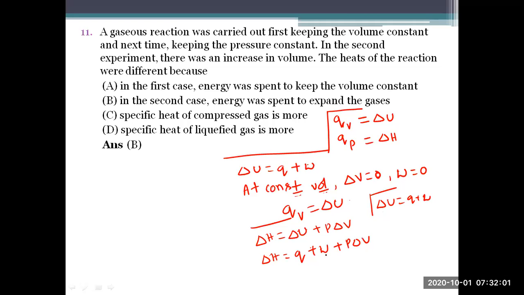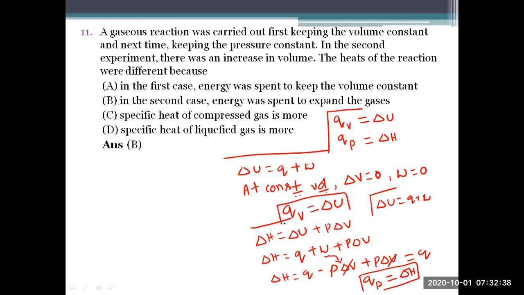And what is W again? W is minus P delta V. So minus P delta V plus P delta V, this cancels. So it becomes equal to Q. What does it mean? Heat change Q at constant pressure. When pressure is constant only, we can use W equal to minus P delta V. So heat change at constant pressure is equal to delta H. So this is how we prove